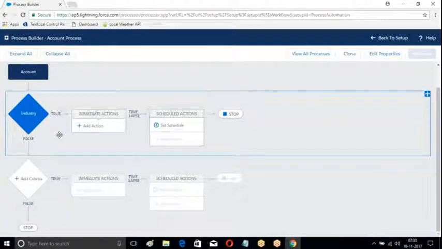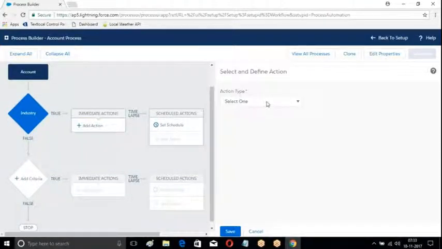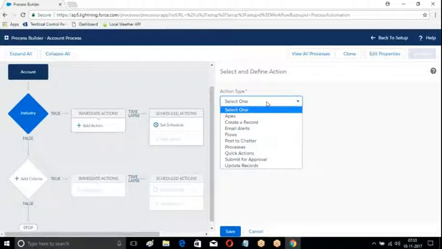Then what we have is action. What are the actions we can perform? Look at the actions. I can invoke an Apex class from this. We can write logic in the Apex class and call the class within this. Then we can also create a new record. Using a workflow rule, can I create a new record? You cannot create a new record. Whereas here, using a process builder, I can create a new record. We will see the Apex invocation